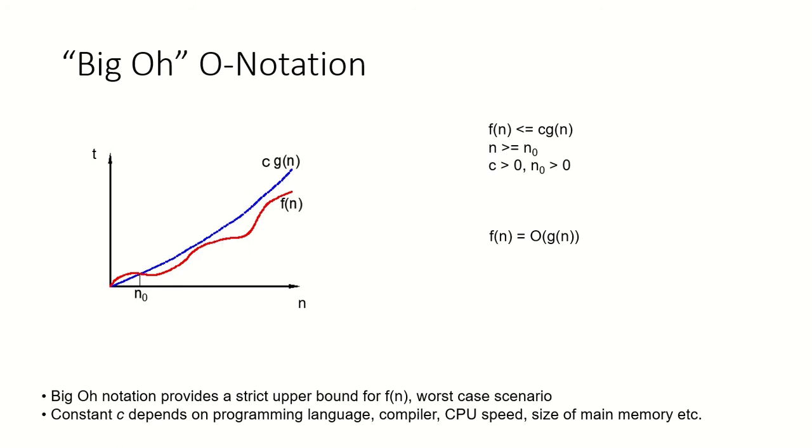In this lecture, we are going to take a look at the big O notation. So what is big O notation? Suppose we have a function f(n), then can we find a function c·g(n) which bounds this function f(n) from the upper side at all times for values of n greater than or equal to n0?